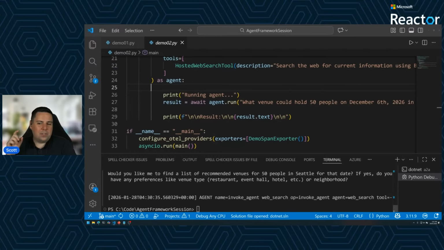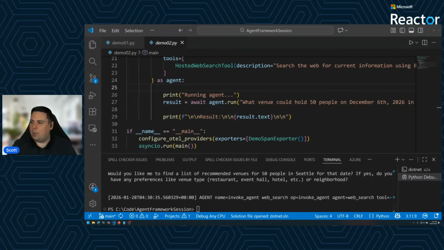Let's move on because there is something a little bit more interesting here when we begin to introduce a few more agents. But before we build a multi-agent workflow, I actually wanted to dive a bit deeper into these tools because hosted web search tool is great. It's straight out of the box. But we may actually want to use not just a traditional web search, but MCPs, giving us the ability to plug in any tool, any MCP server that we would like.